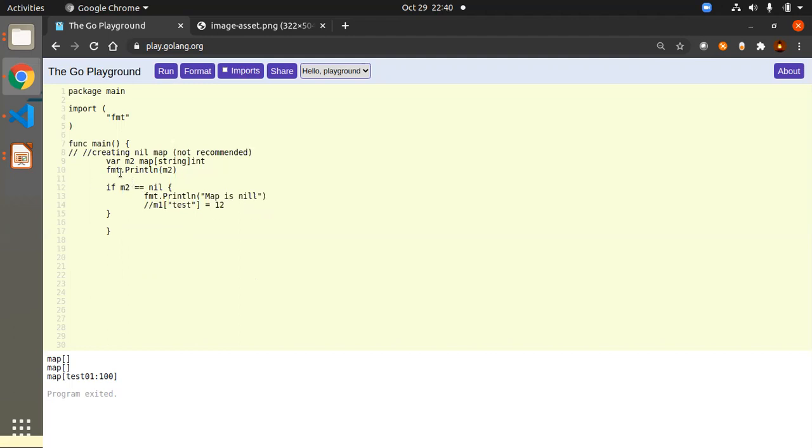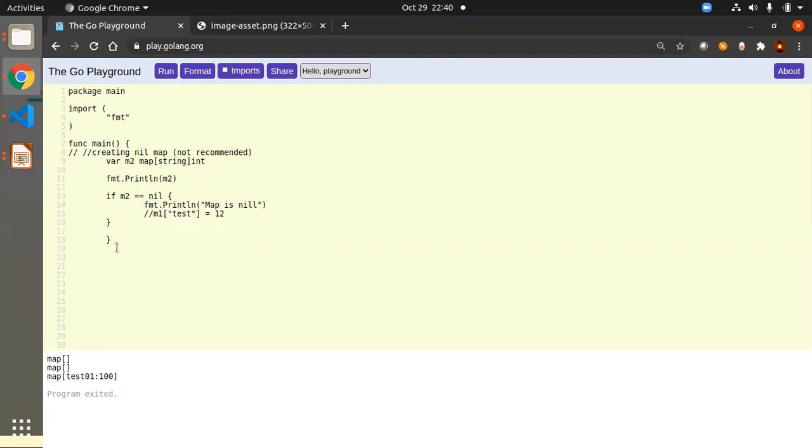So see here, where M2 map string integer. In this case, you can clearly understand M2 is the map name and we are creating the map by using the syntax map and then followed by the key type and followed by the value type. And next one we are trying to print that, okay fine, and then after we are just checking whether it is the empty map or whether it is the nil map. In case of empty map, you had, let's say, empty braces here, but here we don't have anything, so that means that it will create the nil map. So in that case, it will enter into the if block and it will show us a nil map.